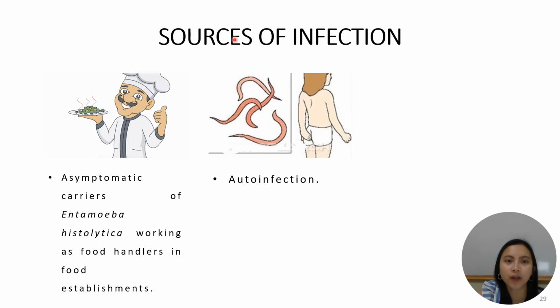Other sources of infection include asymptomatic carriers of Entamoeba histolytica, those workers that are food handlers in food establishments. That's the reason why, class, if you are working in a food establishment, there are certain medical checkups and physical examinations that are done to you just to make sure that you don't have any existing asymptomatic carrying diseases. Asymptomatic means you do not show any signs and symptoms of having this certain disease,